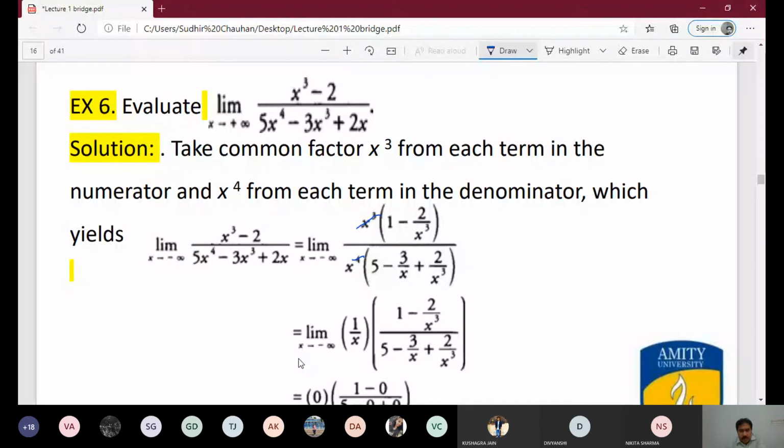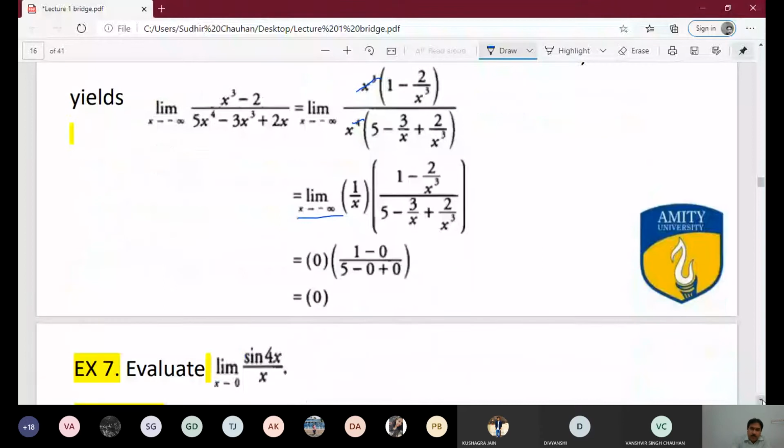We have to remember that if x is approaching infinity, whether plus infinity or minus infinity, then in the expression x should be in the denominator, so that we can easily put the value and we'll get 0, as we know that 1 or something finite divided by infinity is always equal to 0. So put the value of x as infinity, so it is 0, and the rest is 1 by 5. So 0 is multiplied by 1 by 5, so its value is equal to 0. So if x is approaching infinity, we have to ensure that before putting the limit, we put x in the denominator.